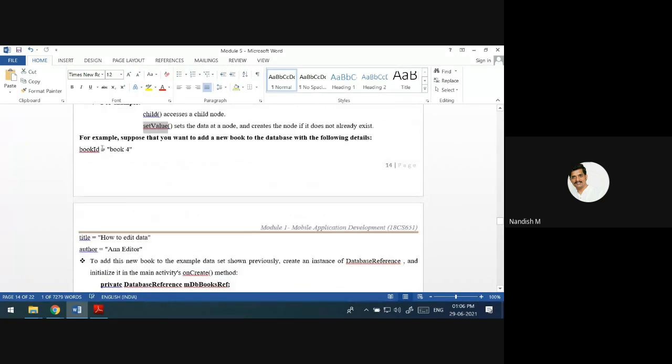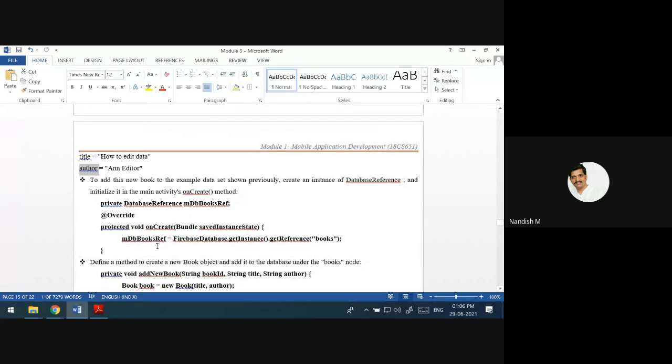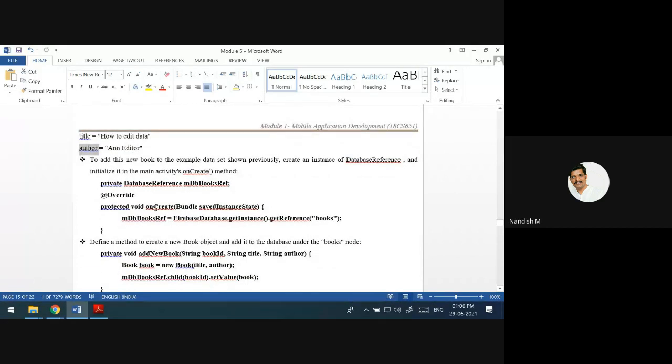Now, suppose I want to add book 4, where the title is how to edit data and the author is an editor. I'm talking about the main activity. Inside the main activity, I'll get the address of that: FirebaseDatabase.getInstance().getReference of books.